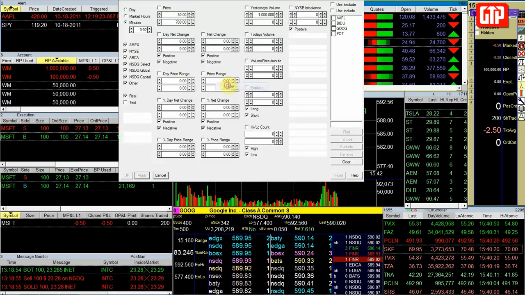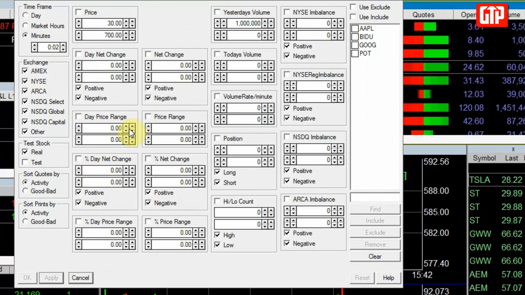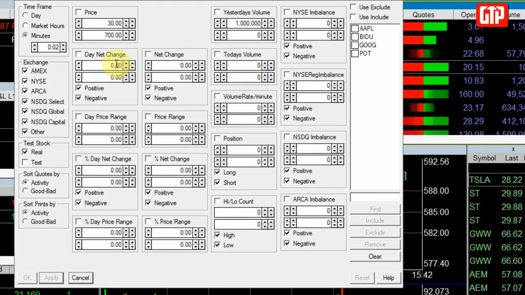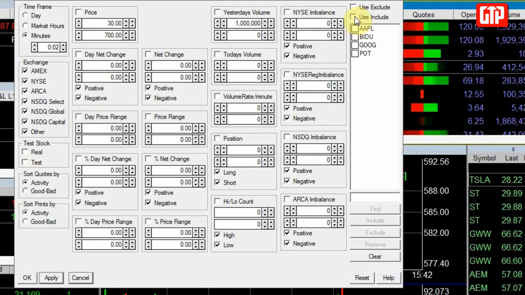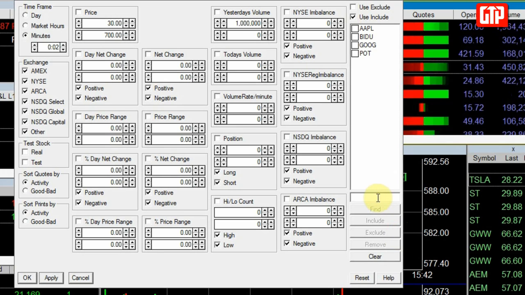Likewise, if you go to filter, you could set the criteria here, and you can have the time frame in day, market hours, or minutes, price, day net change, price range, percent change, yesterday's volume, volume rate per minute, the high-low count, imbalances, everything is in here. You will also use the market sorter to create your own custom watch list, and the way you do that is you get rid of this check mark, check the include, put in the stocks that you wish to see,